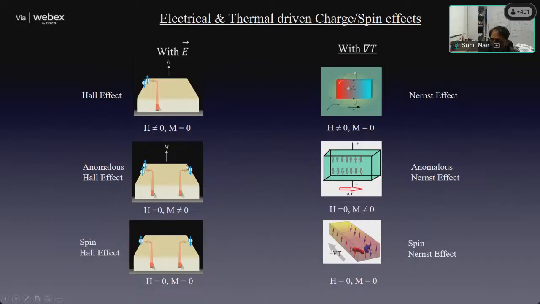Now, if I move from, say, a magnetic solid to again a non-magnetic solid, that means my magnetization is zero, but I move to a system which has large spin orbit coupling. In this case, the scattering site, which is now a site which has large spin orbit coupling, basically mimics the presence of a magnetic moment.